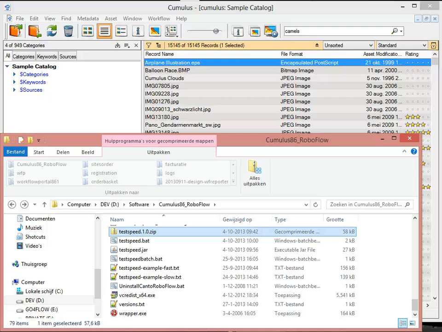Hi, I am Peter van der Poelen, and today I'm going to show you a little application I wrote to test the Cumulus performance. It's always very hard when you have a new installation to assist the customer in choices